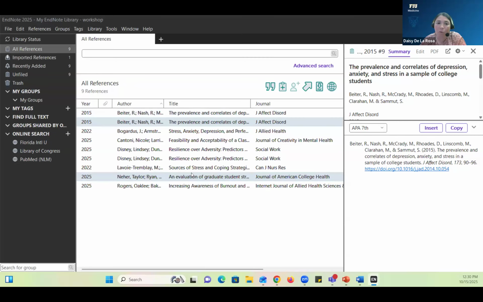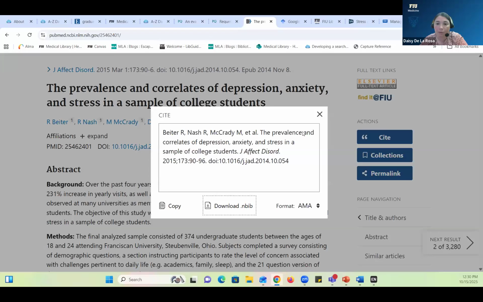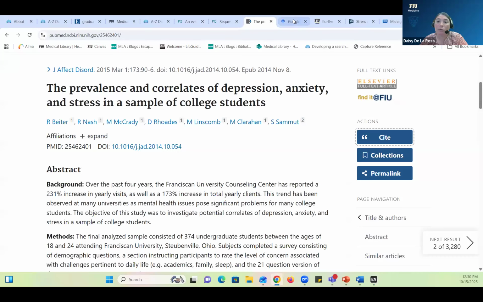Like the metadata or the information about the source, but not the actual source, right? Getting the PDF will be a second step. Okay. All right. So Google Scholar,